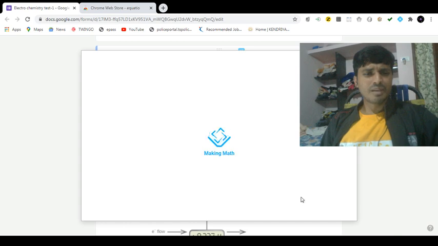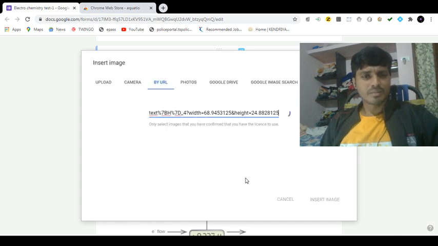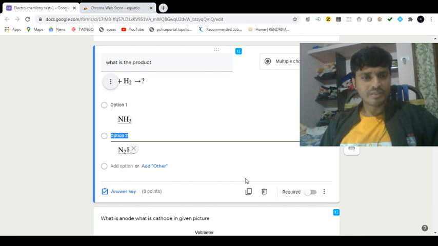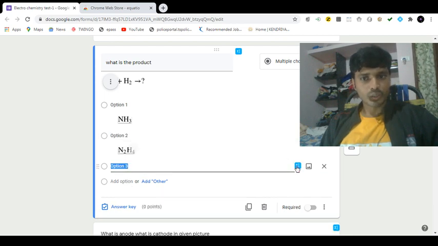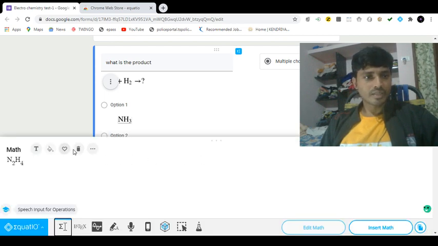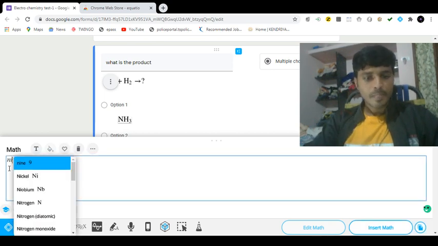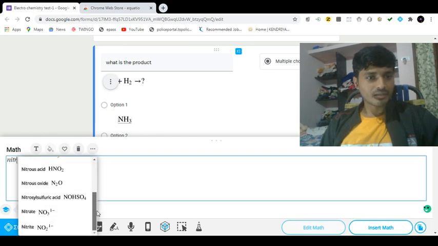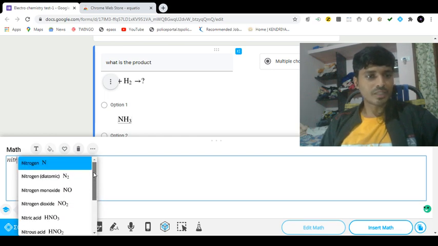So all the chemical formulas you can get from here, maximum. Many are there, which I tried already. If you don't have that also, I will tell you how to type. For example, I want N3H, which usually is not a common one. How do you get that option? When I type nitrogen, I don't get the N3H formula. Whatever the major products nitrogen can form, only those will appear here.